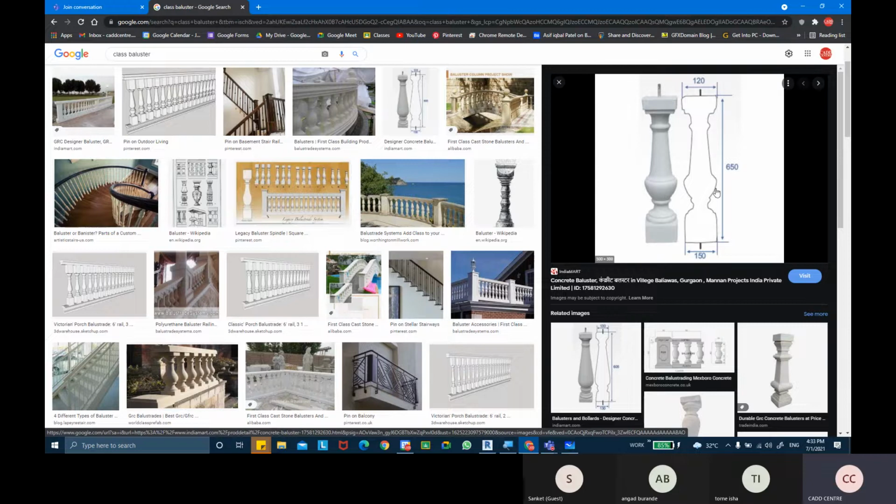So what I'll be trying to do is create this shape using the revolve modify tool. Okay, and I'll create only half a side of this, not the full thing.